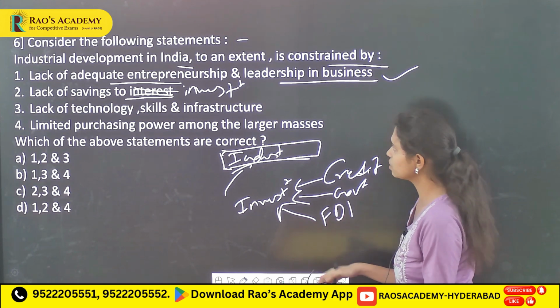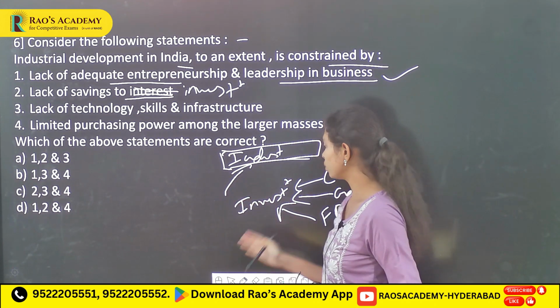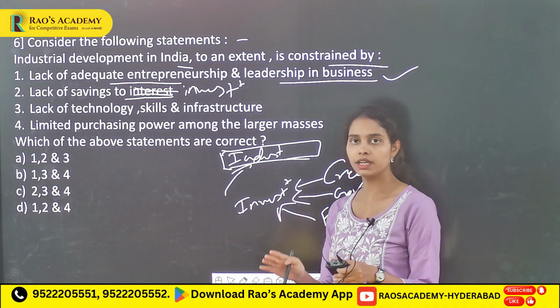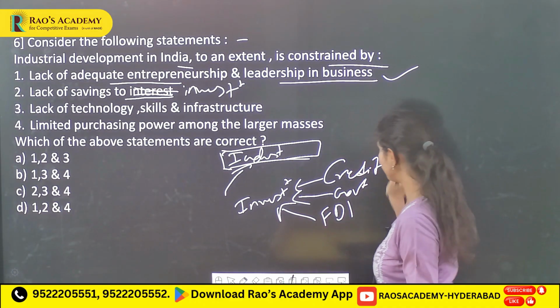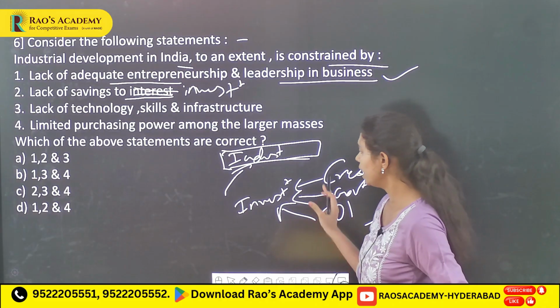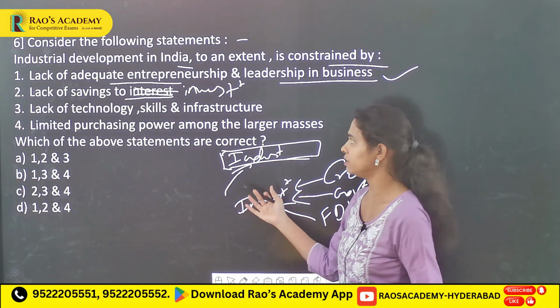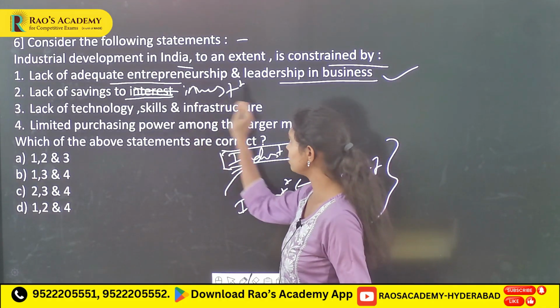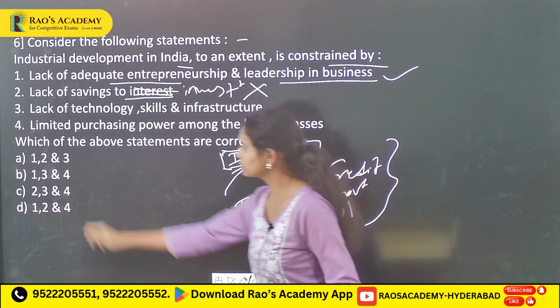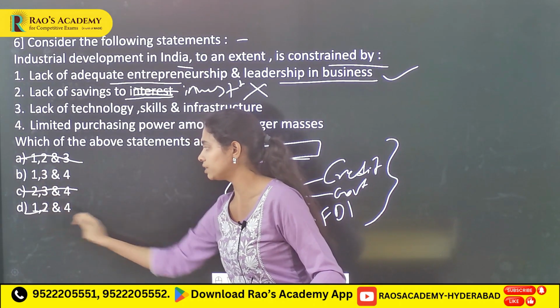So investment does not solely depend on the savings. There are different other sources also which will help in investing in a particular industry. So the second one is going to be an incorrect one, then followed by,